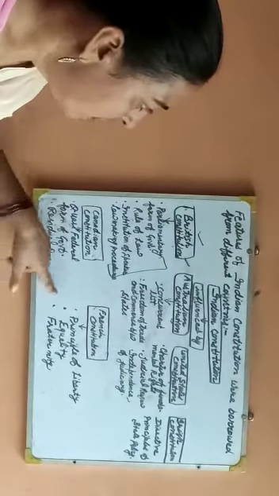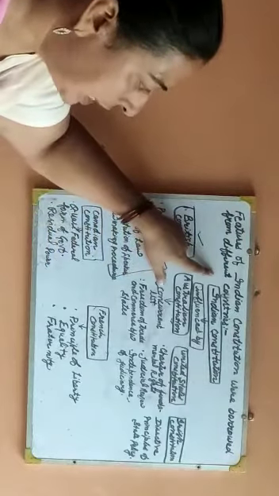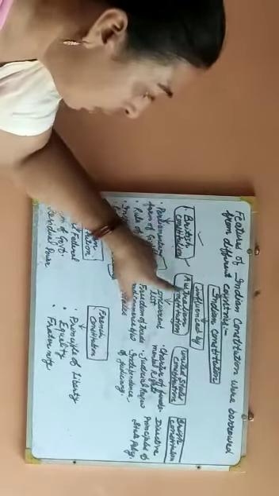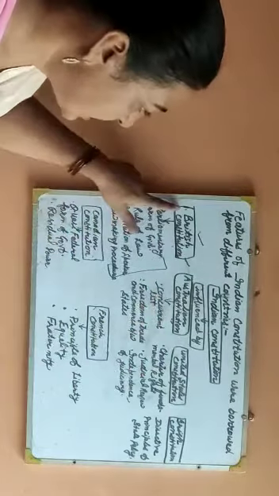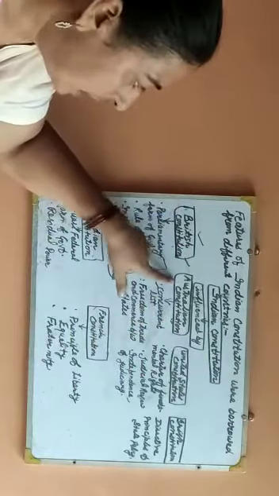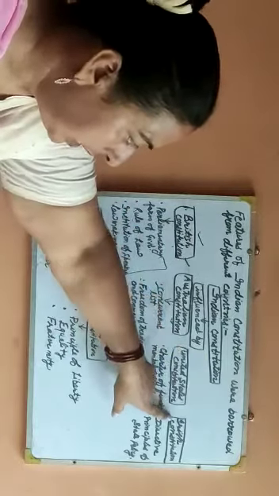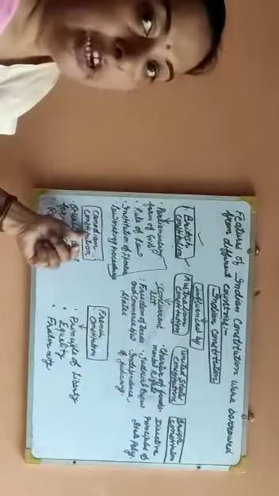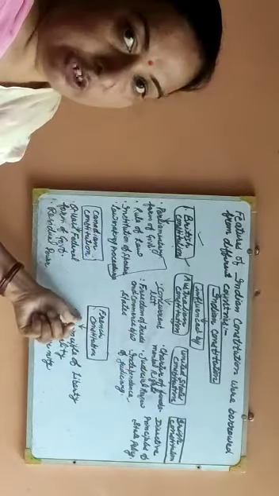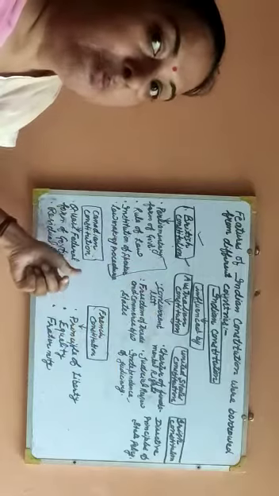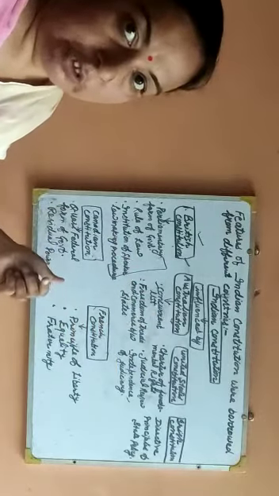So friends, we read that the Indian Constitution was influenced by different constitutions. First is the British, Australian Constitution, United States Constitution, Irish Constitution, Canadian Constitution and French Constitution. So these types of features were drawn from these countries' constitutions.